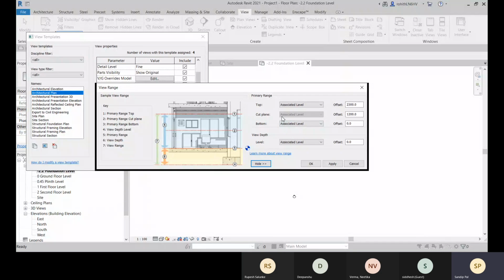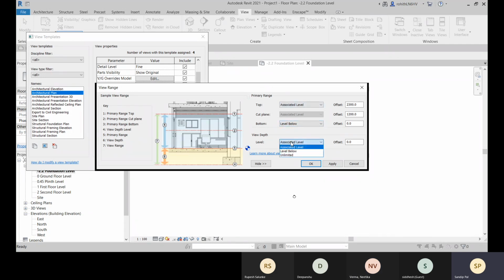All right. So this is about the view range, and you need to set that view range. And here you can see that this is the bottom, and you can set this bottom to level below. So below that associated level, it will be visible. Because I'm changing from the view template, here it is showing associated level and level below. It's not showing the particular level name. So if you are in this particular level and you are applying that properties view range, you will see the name of that level.